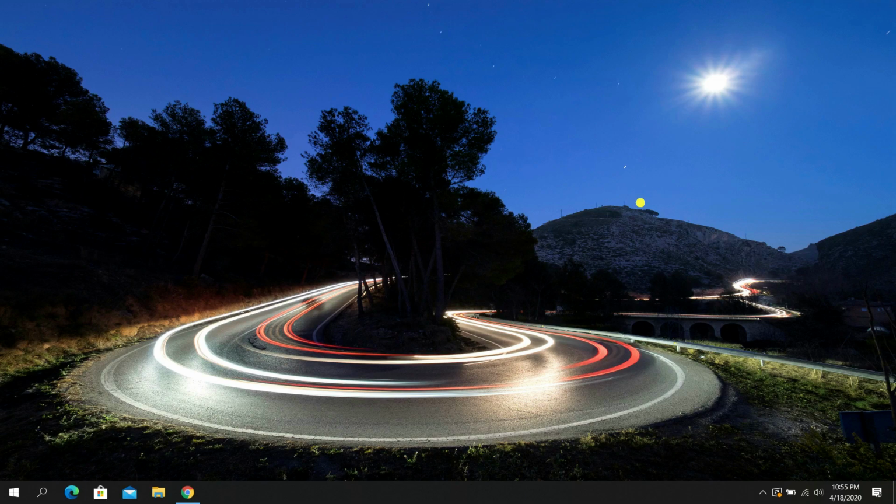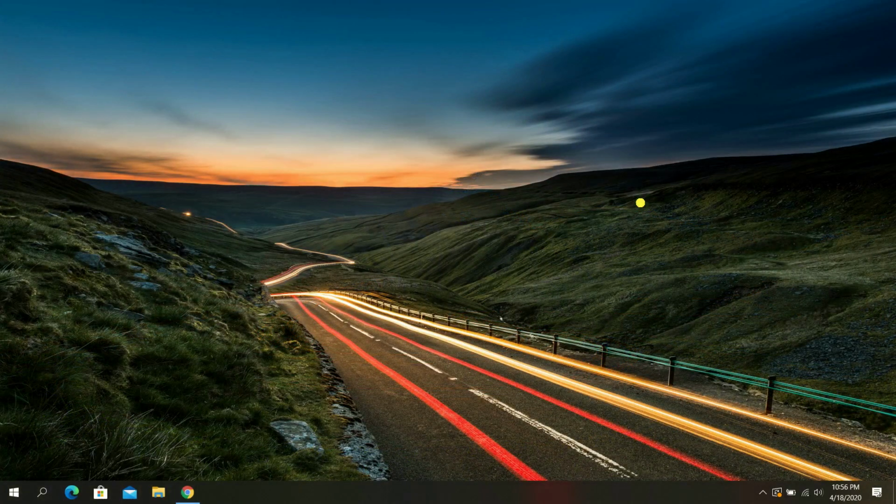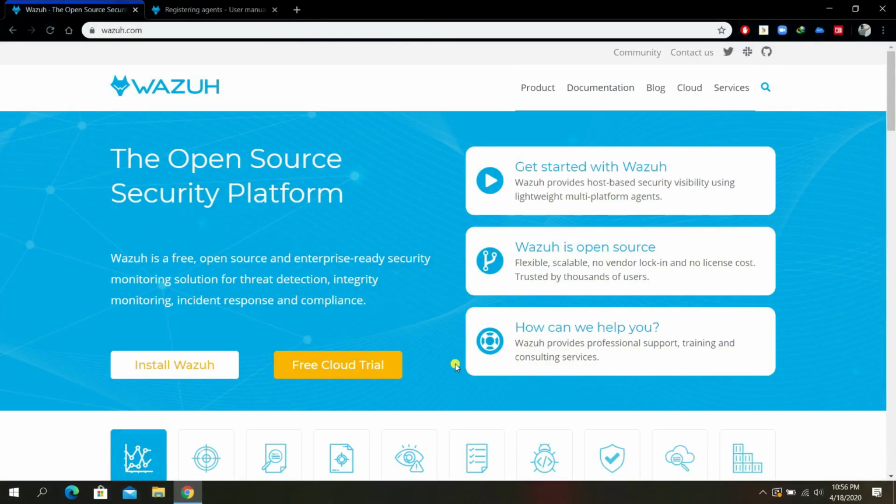So in this session, I'm going to show you the steps of installing and configuring the Wazuh SIEM, or the Security Information and Event Management. So let's, without further ado, begin with Wazuh. So this is Wazuh, the open source security platform, and